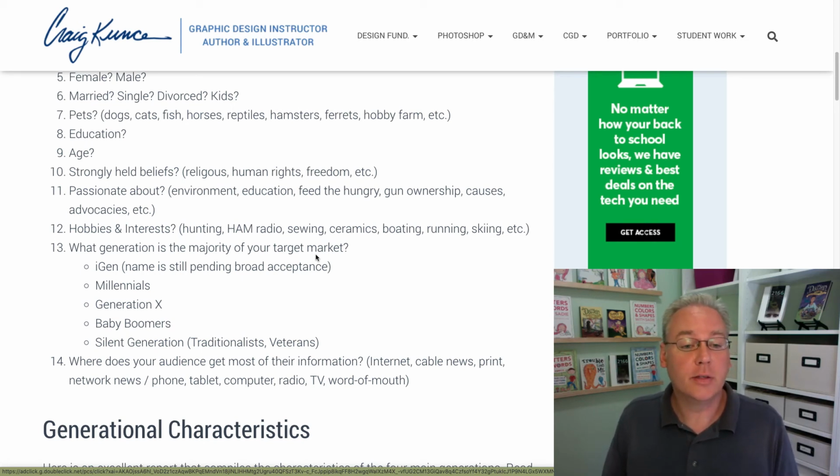One of the big things that is a generational characteristic is where we get our media. So if you're designing something and you're saying, well, how will I reach this certain audience? Go back to what we talked about at the start of this video. The nightly news might be a way to reach an older audience, senior citizens, but you're not going to reach many 20-somethings because they're not sitting there watching the news. They're on an app or a website or social media, or some of them are watching late-night TV, but they're watching it not at late-night TV times. They're watching it streamed through replays. So these generational characteristics are helpful.